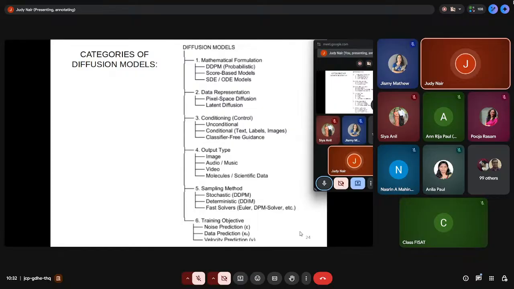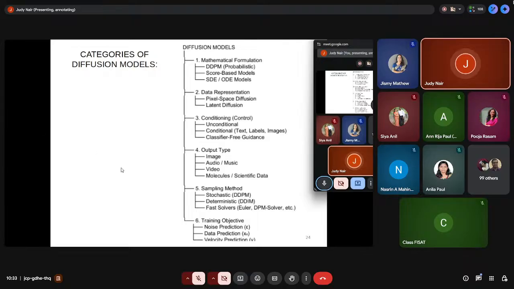So that can be another objective of training the model, or it can be velocity prediction, or new data prediction, image synthesis, or new image and new data generation. So these are the different categories which I just made and gave to you. Based on this, if you pick up any model, you can check the ways in which it is represented, and that is how the different diffusion models are created.